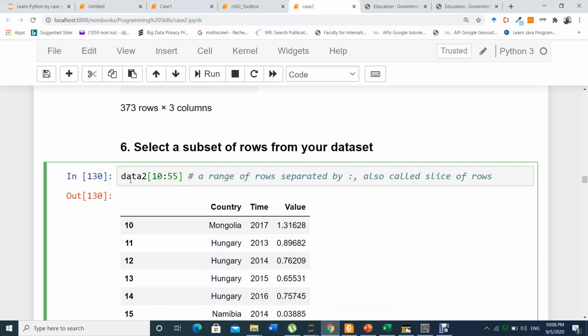So for instance, if you want to do this, you select from index 10 to 54. Why? Because it will not take 55. You get the length minus 1. This is why when we print it, we get it from 10 to 54. This range is also called a slice of rows or range of rows.